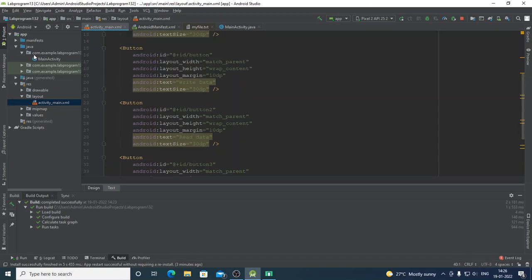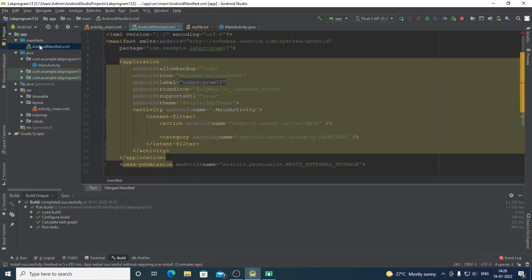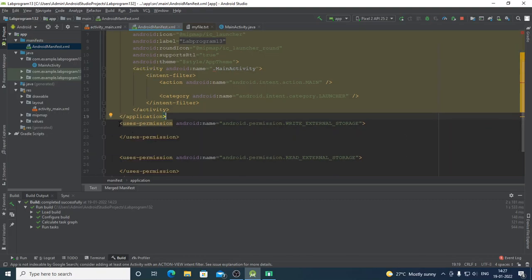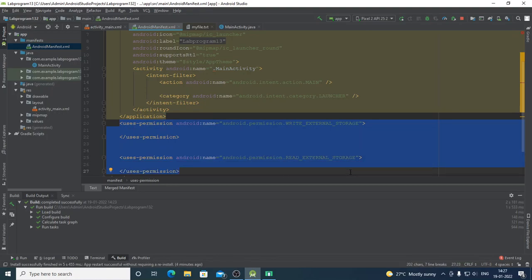Coming to the manifest file, this application requires special permission because you have to write data to the SD card memory, that is, write a file to the SD card and read data from the SD card. Okay, that is external storage. So for this you need a special permission named WRITE_EXTERNAL_STORAGE for writing data to that, and for reading any file or data from that, you need the READ_EXTERNAL_STORAGE permission. So these two permissions are included here with the help of the uses-permission tag. So these two permissions are to be included.